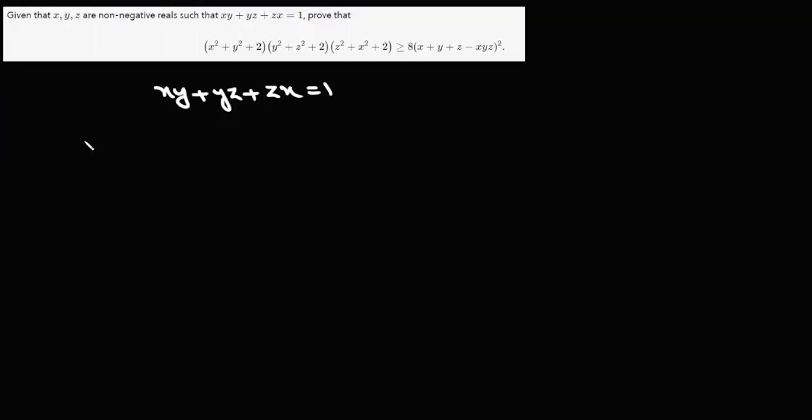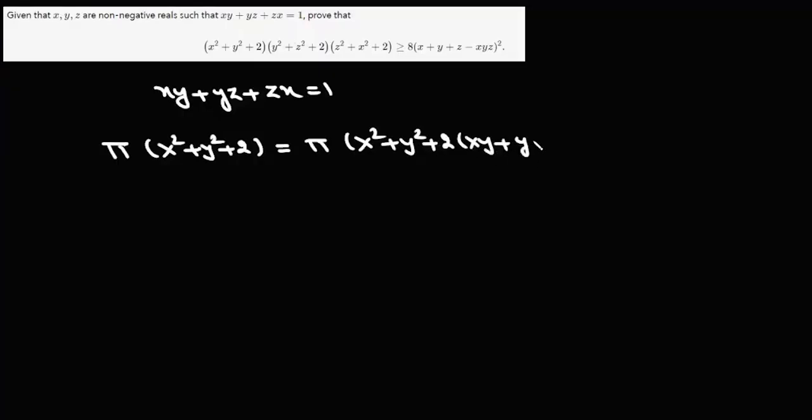Now if we consider this left hand side, then we can write this as this symmetric product of x square plus y square plus 2. Now we can write this as x square plus y square plus 2 into 1, and 1 is xy plus yz plus zx. So we can write this as xy plus yz plus zx. So it will be this product, and then if we take these three together, it will be